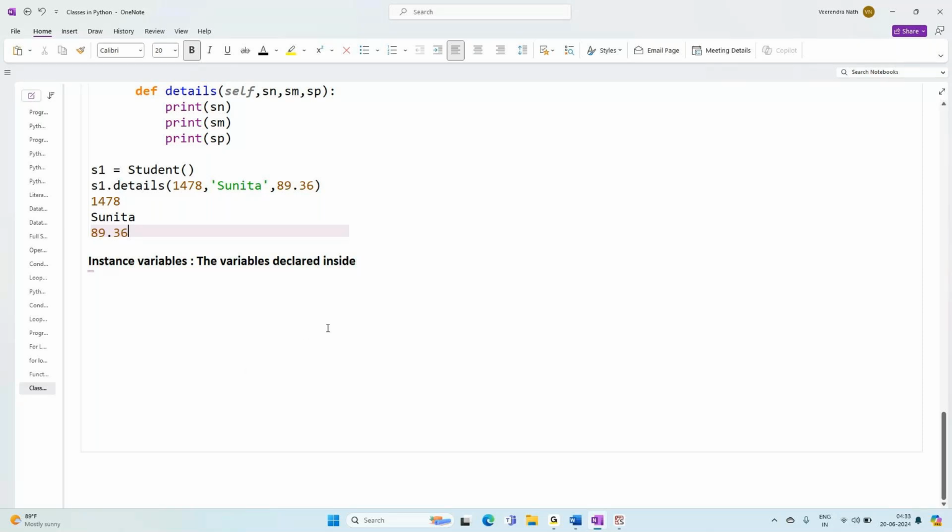So the variables declared inside the instance methods are declared with self dot variable name. Okay, so the variable is declared inside the instance method with self dot variable name, and can be accessed